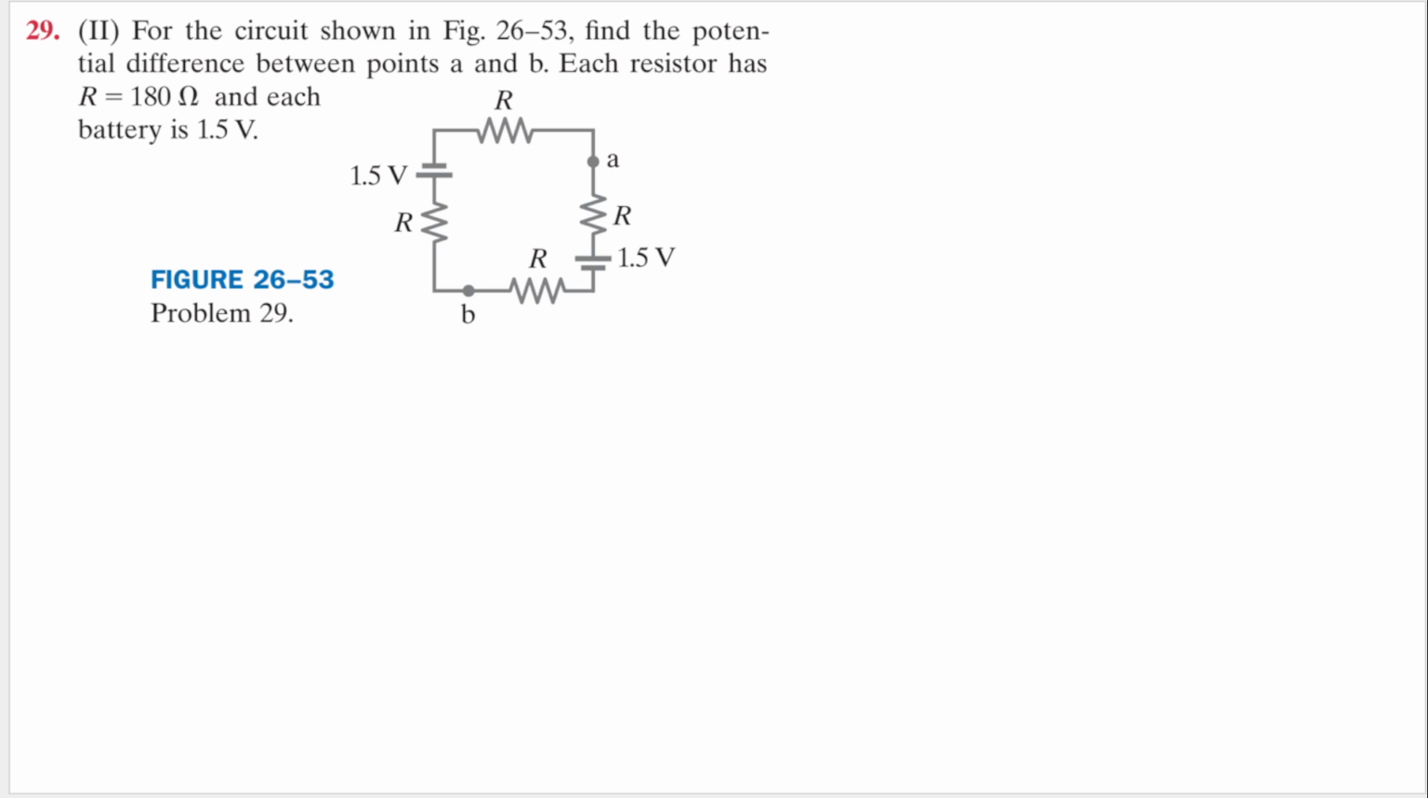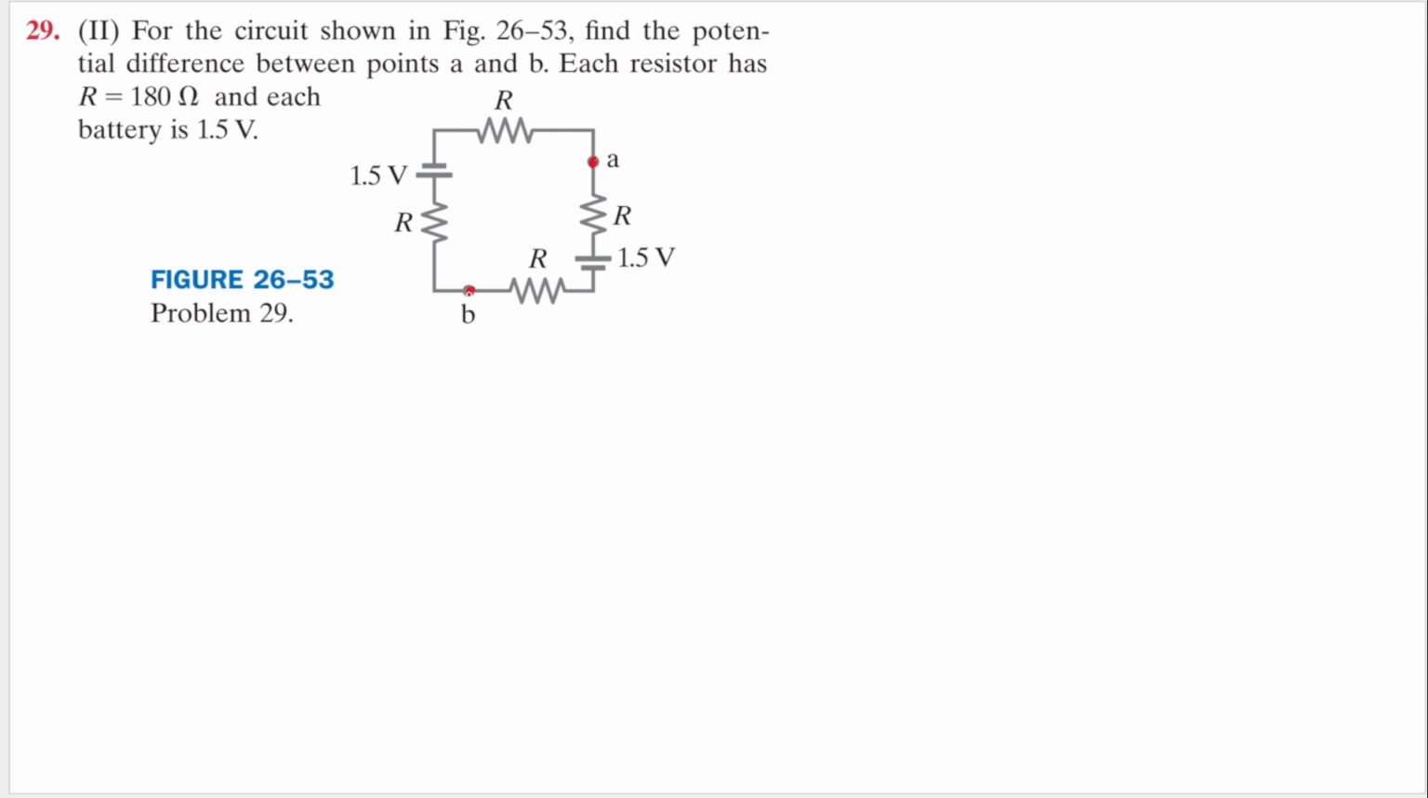So the question is: for the circuit in figure 26-53, find the potential difference between points A and B. Each resistor has R equal to 180 ohm and each battery is 1.5 volt. Okay, we are given the circuit here and we are asked about the potential difference between this point A and